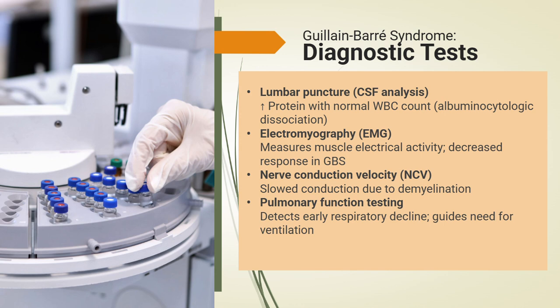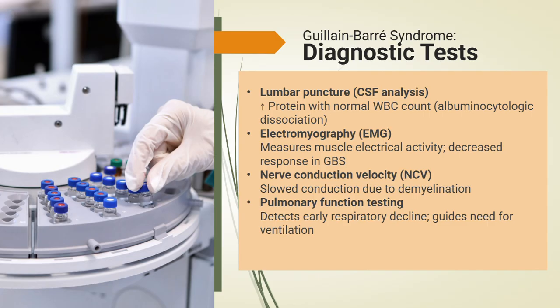In patients with Guillain-Barré syndrome, cerebrospinal fluid results typically show what is called albuminocytologic dissociation. This means the protein level in the cerebrospinal fluid is elevated, while the white blood cell count remains normal. This pattern reflects inflammation and damage to the myelin without infection. It usually appears after the first week of symptoms.